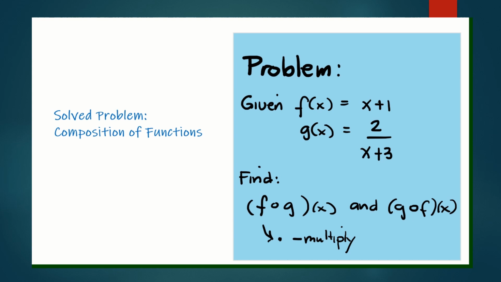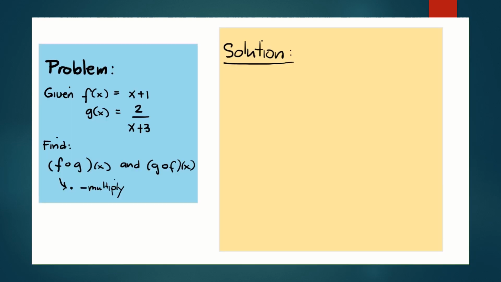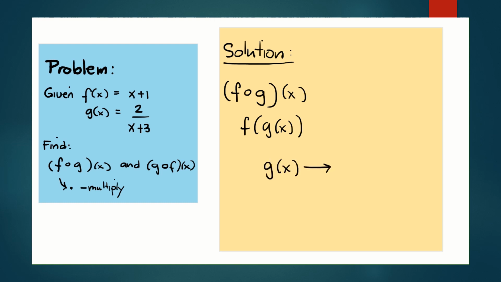And I will show you how to find a certain composition of function. It could be f circle g of x or g circle f of x given two functions. Let us first find what is f circle g of x. The meaning of f circle g of x is f of g of x. So what does it mean? It means we are going to place the g of x in the place of x in the f of